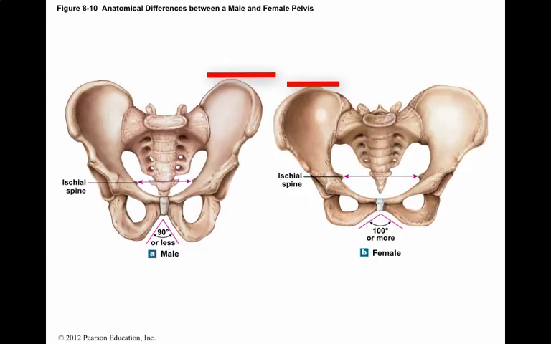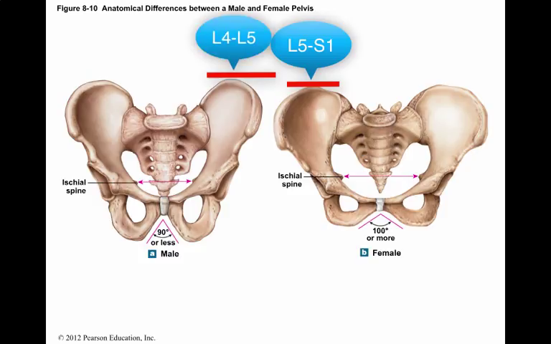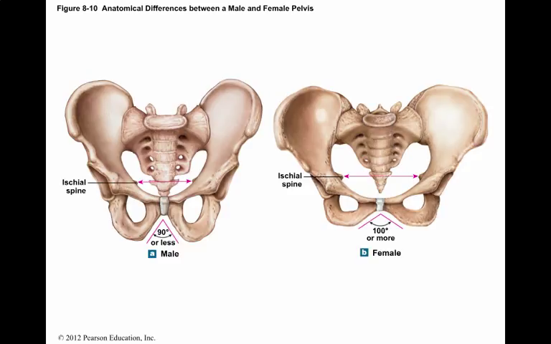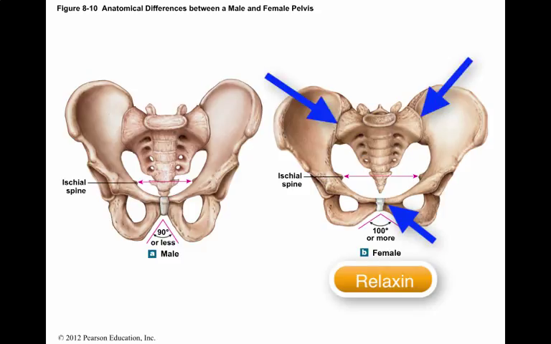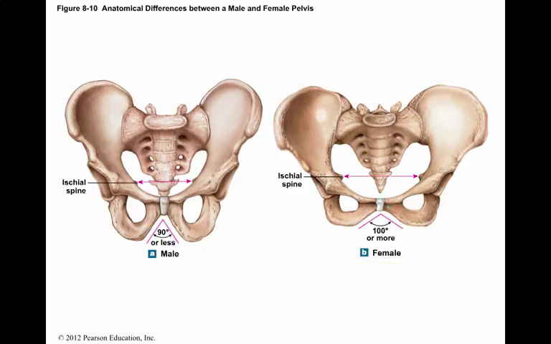Typically, the female iliac crest will rest at the height of L5-S1, whereas the male iliac crest will rest at the level of L4-5. These adaptations help support the weight of the developing fetus within the uterus as well as the passage of the newborn through the pelvic outlet during delivery. In addition, the hormone called relaxin is produced during pregnancy and loosens the pubic symphysis and the sacroiliac ligaments, allowing movement between the hip bones that can further increase the size of the pelvic outlet.